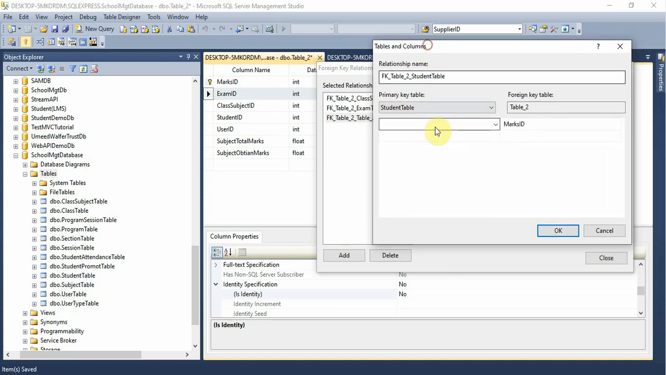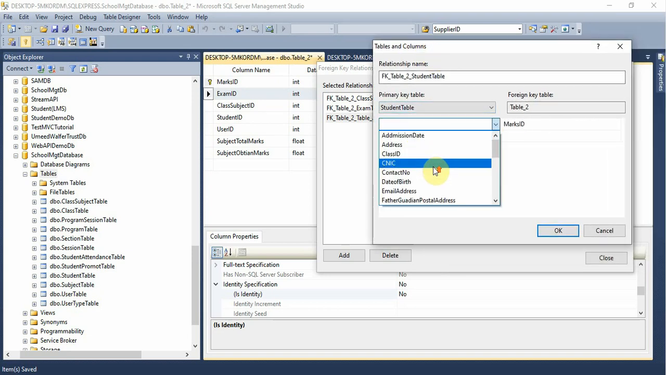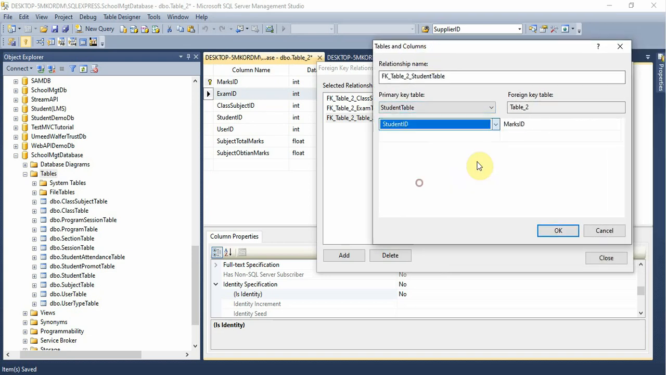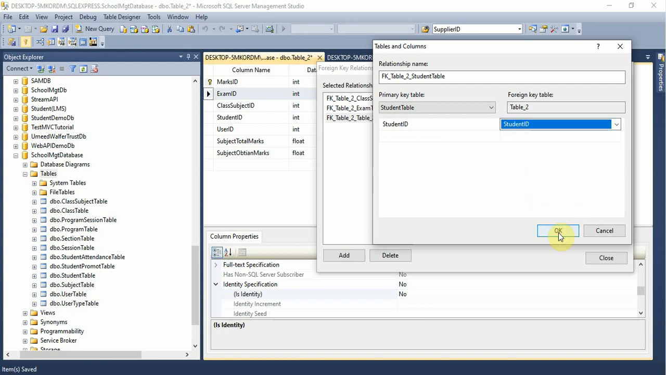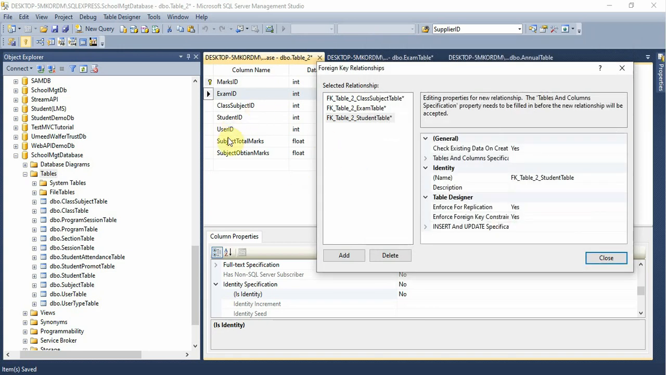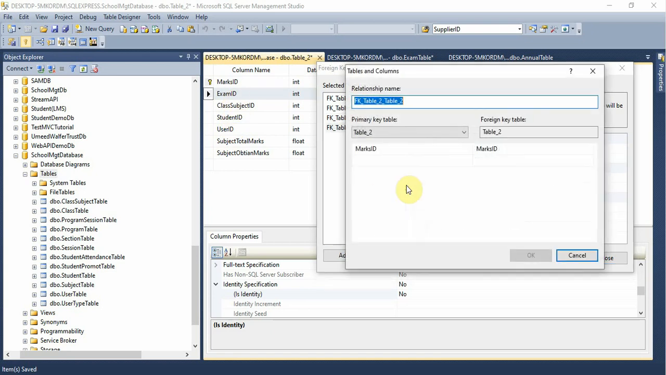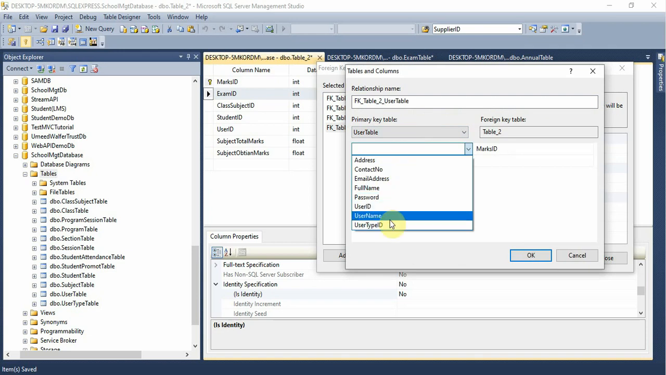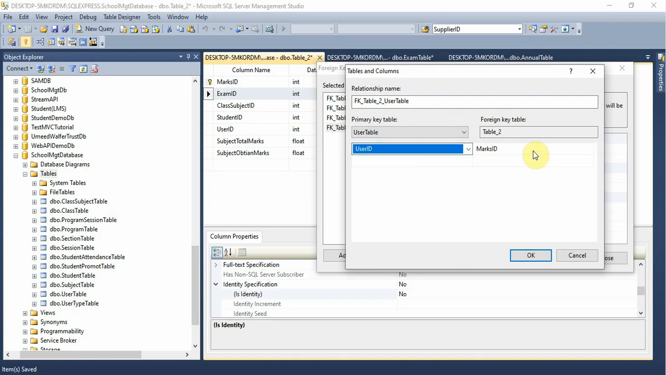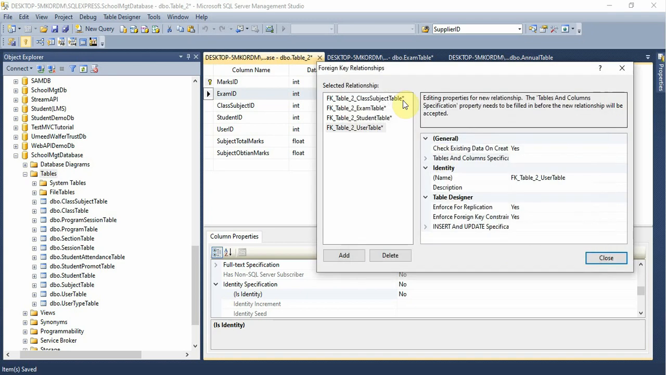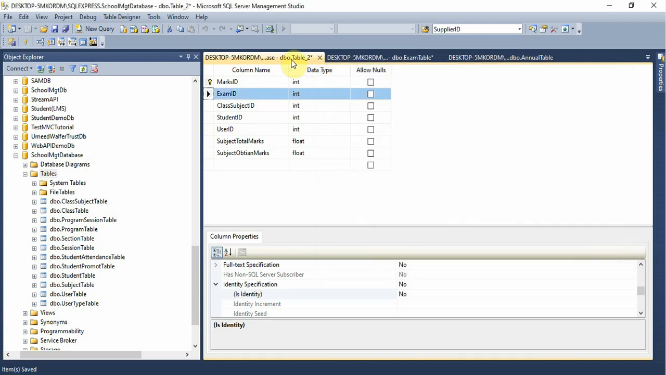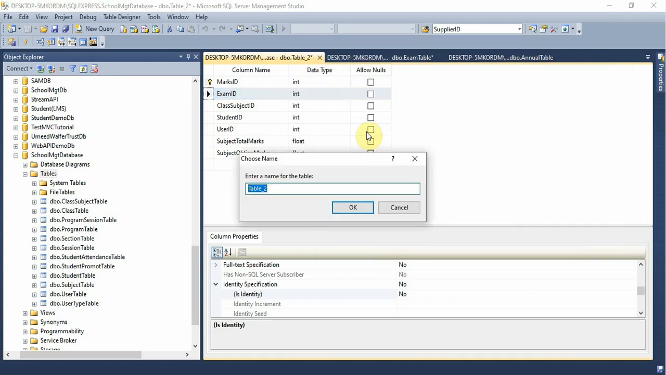Now select student table. So now student ID, press OK button. So 1 2 3 4. So also add the user relationship, the table. So now user and user ID, also user ID, press OK button, close, right click and add marks,